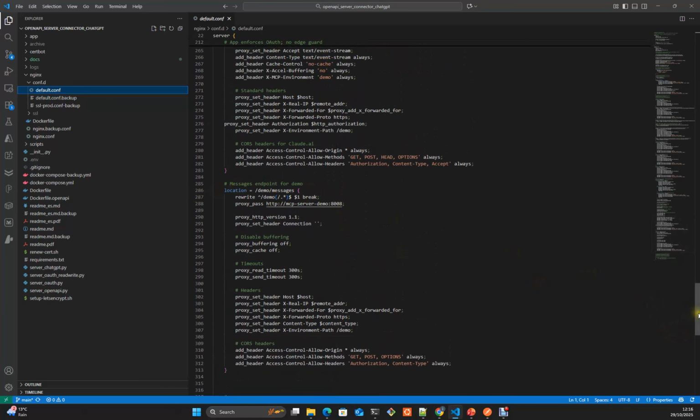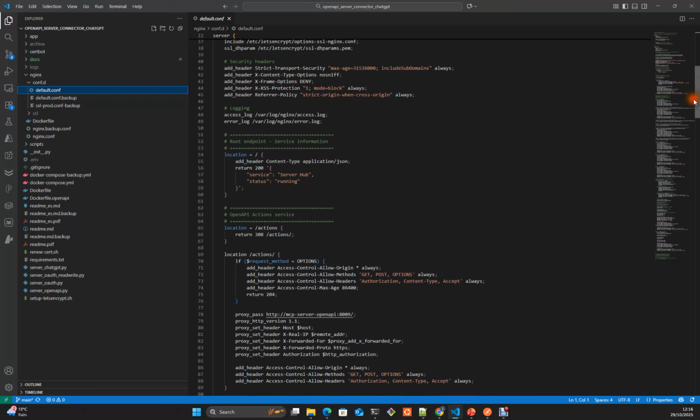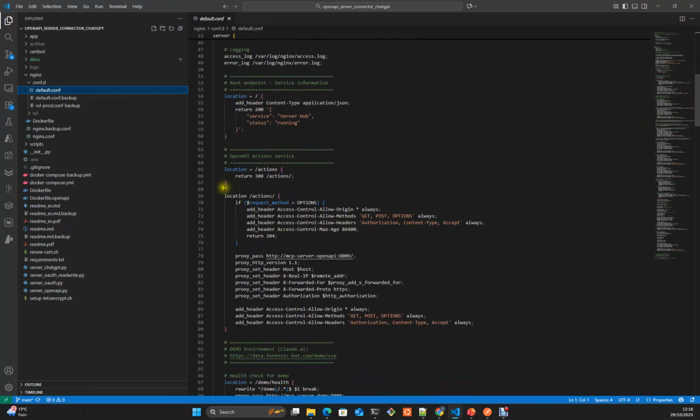This is the MCP server, and here on the top we are just adding the actions, what is allowed, the headers, the match, so the configuration of what is allowed to do when somebody points to this route from outside, basically.